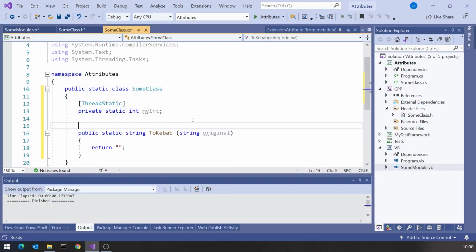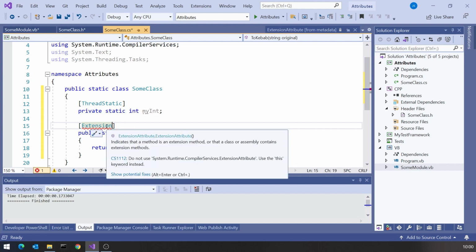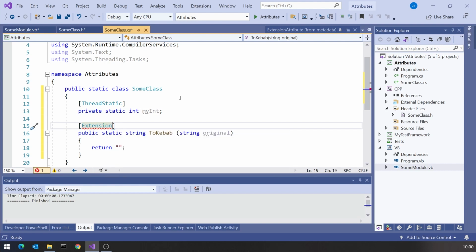Now, the thing about it being in a library means it's available to multiple languages. So you might think, therefore, we could actually, in C# also use that extension attribute. And you can see it's there. It is picking it up from System.Runtime.CompilerServices.